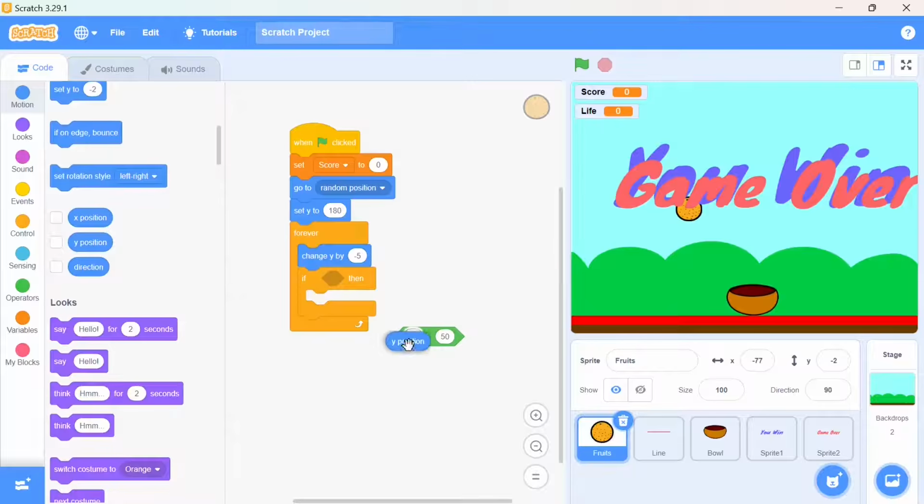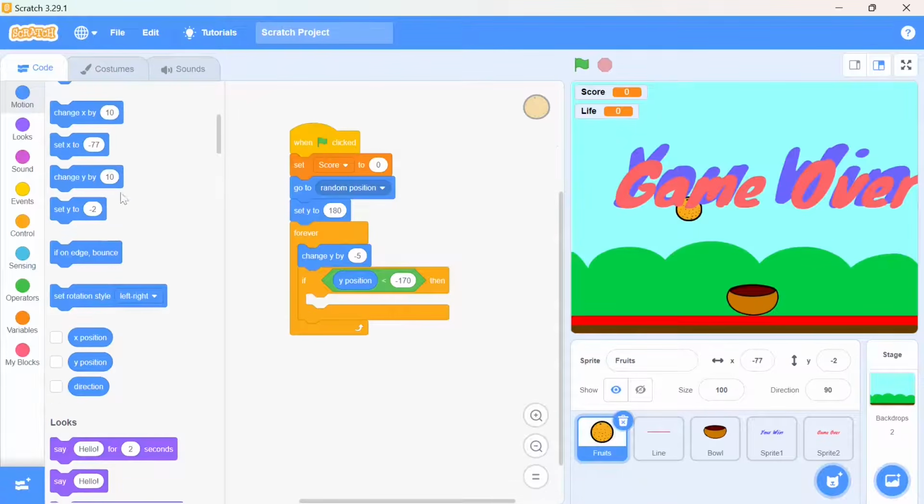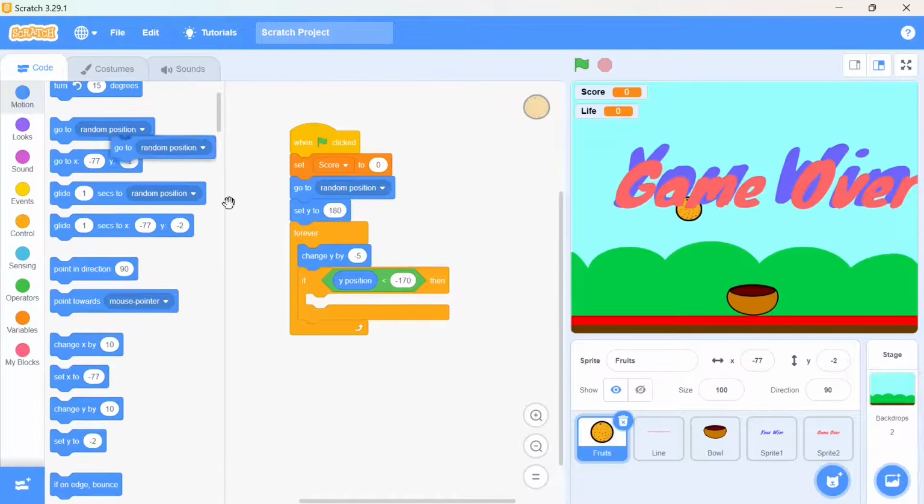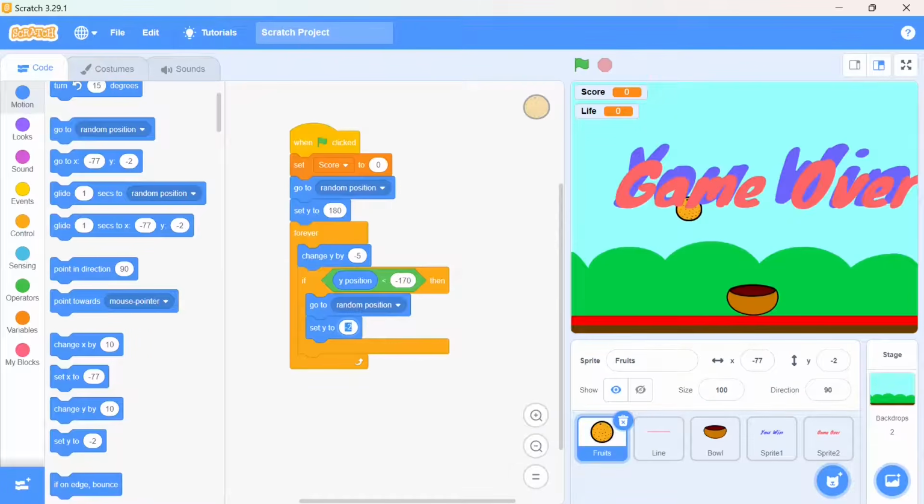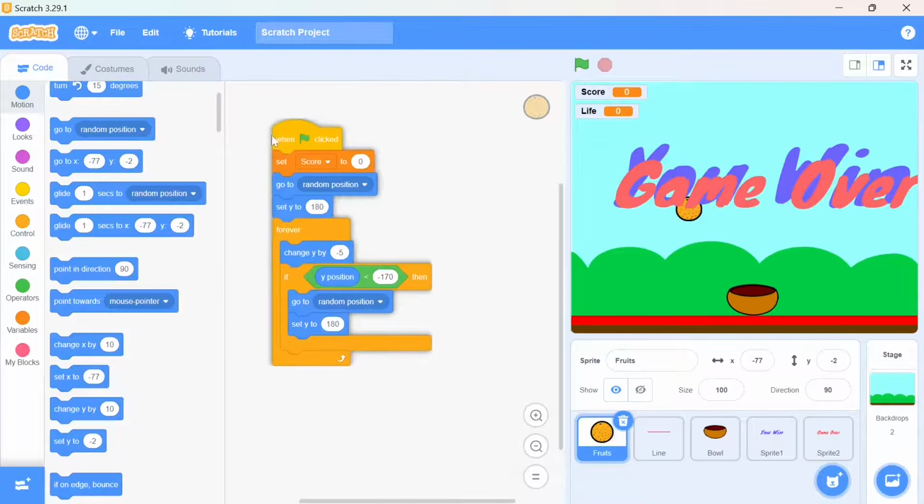Here I will take the y position, type -170, and put it over here. What should happen? Again, it should be set to 180 and move to a random position. So again, I will choose go to random position, and here set y again to 180. When the fruit goes down, another fruit should come from the top. That is my condition over here.